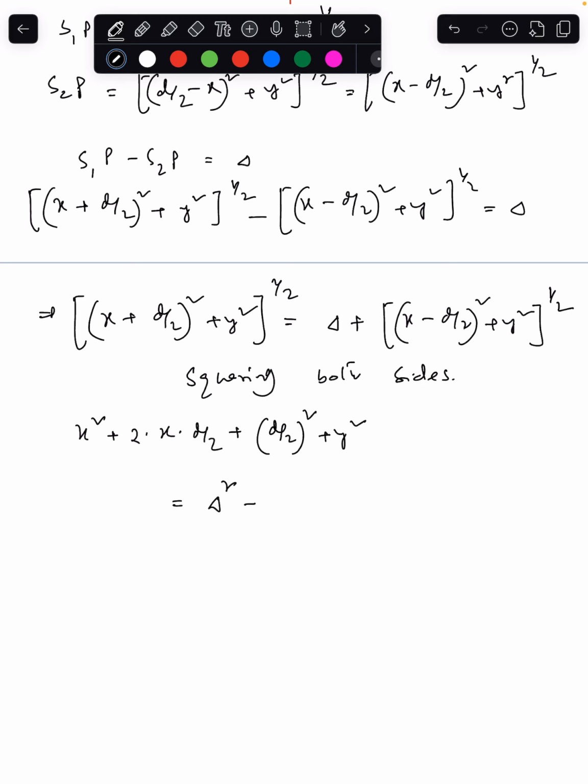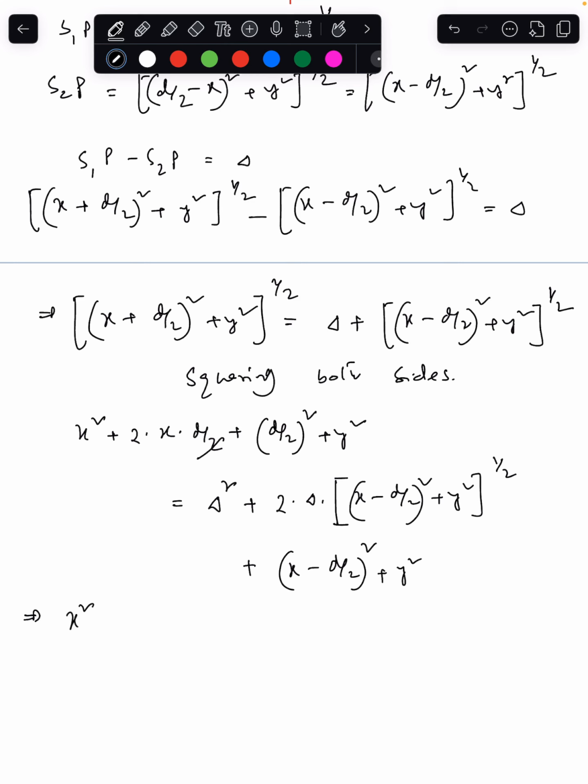delta square plus 2 into delta into, inside the bracket, what you are getting? Inside the bracket you are getting (x minus d by 2) whole square plus y square, whole to the power half, plus (x minus d by 2) whole square plus y square. Further calculation, please check out: x square cancelled, we get xd plus d square by 4 plus y square